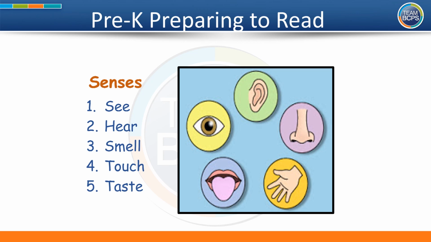The next vocabulary word that I would like to share with you to help you to understand our story, The Earth and I by Frank Ash, is the word senses. I'm sure your teacher has talked to you about the 5 senses at school. These are things that help us to learn and play every day. The 5 senses include see, hear, smell, touch, and taste.